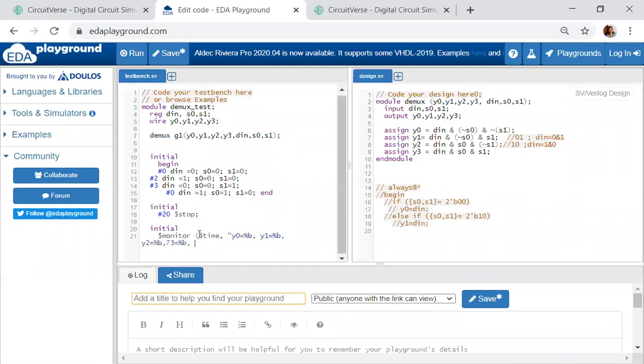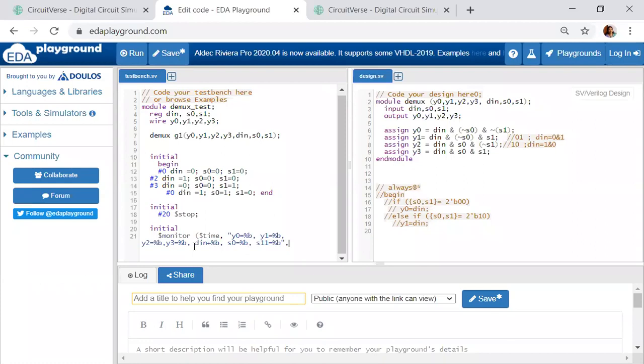Then I should visualize din, so din is equal to %b. Then I should also be able to see S0, S0 is equal to %b. Then I should also be able to see S1, S1 is equal to %b.